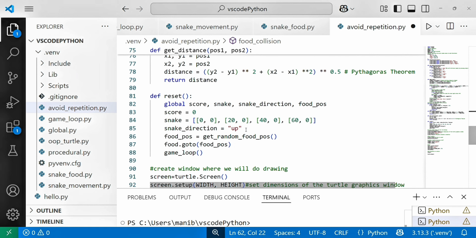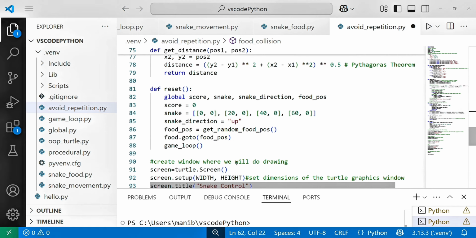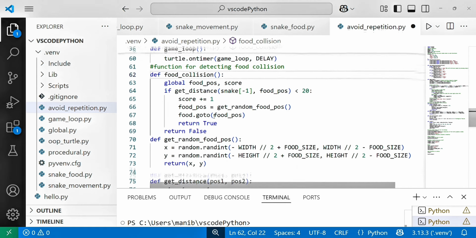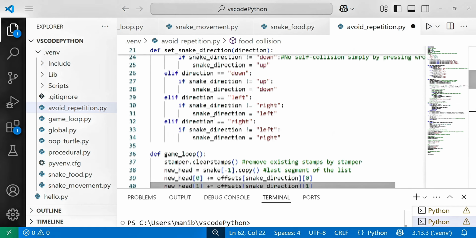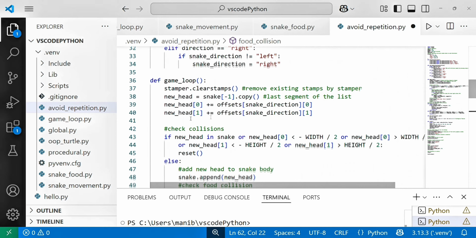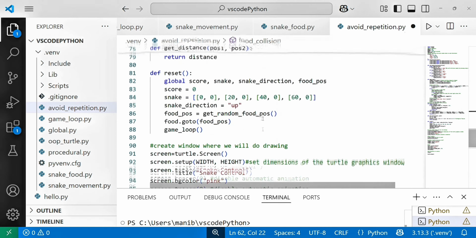0 0 coordinates, and then it moves to 20 0, then 40 0, 60 0, and its next direction I have taken as always up. And food position is equal to get random food position, food.goto the food position, game loop I have called, that is till the movements, here is the movement of the x direction and y direction.